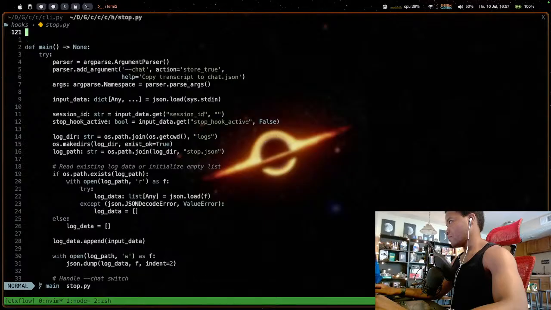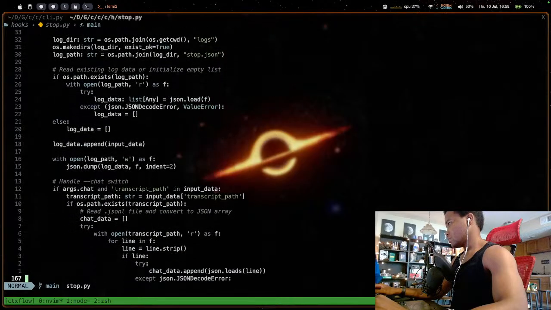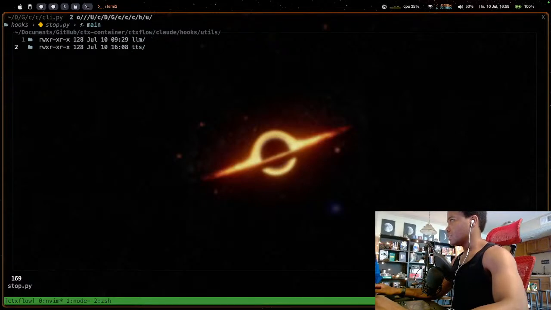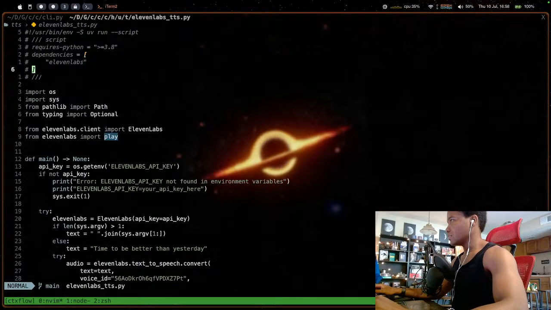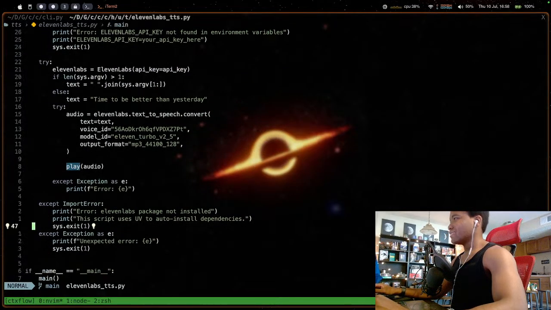I literally forgot what file it was in. It's not even in this file. I just did this morning. Session ID. It's not this file either. Oh, you know what? It's my utils, and it's in TTS in 11 labs.